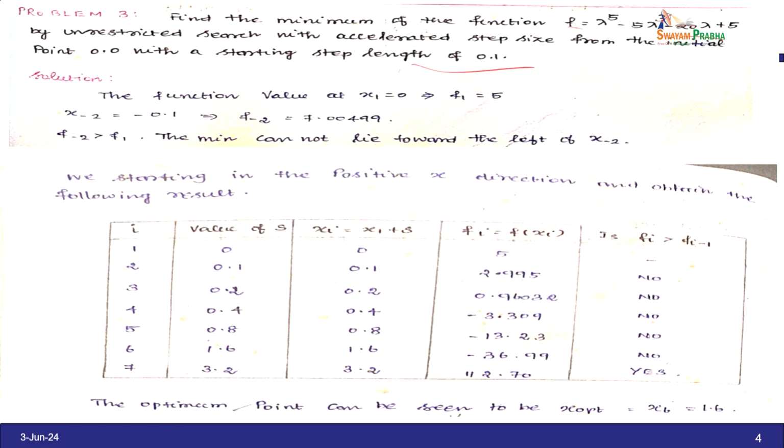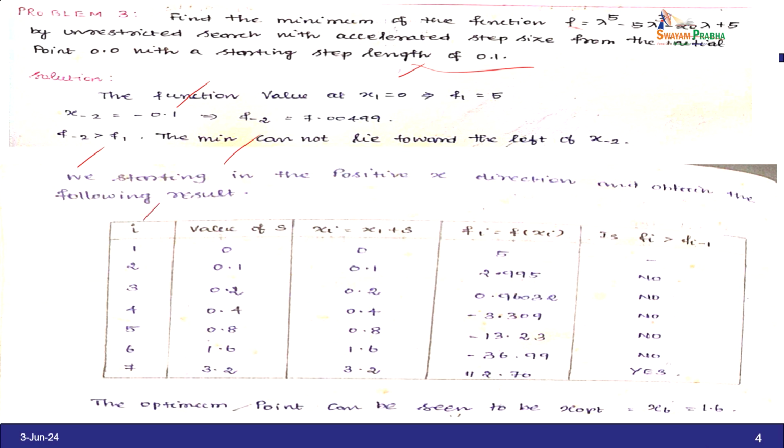So, the function value at x1 equal to 0 implies f1 equal to 5. Now, x suffix minus 2 equal to minus 0.1. Therefore, f suffix minus 2 equal to 7.00499. So, comparing f suffix minus 2 and f1, f suffix minus 2 is greater than the other. So, the minimum cannot lie forward left of x suffix minus 2. So, we start in the positive x direction and obtain the following result: